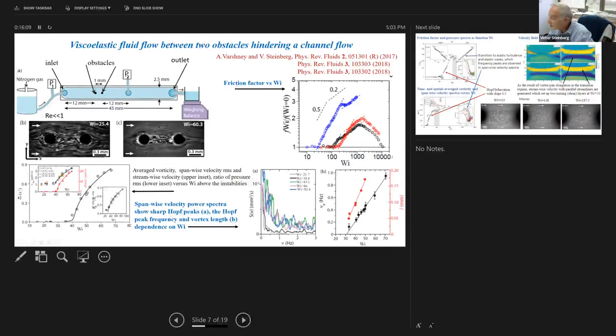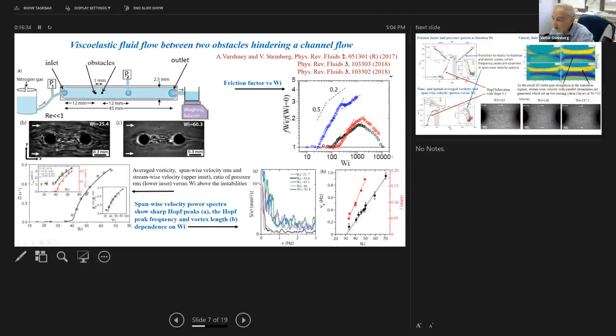Now you can see that this slope is 0.5, as expected for normal mode instability, linear instability. Here it's 0.2, and then it's minus 0.2. But it's not important now. What is important, we can characterize this transition for this highest